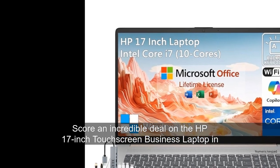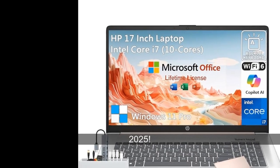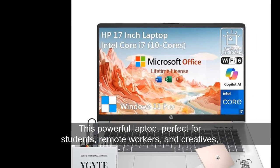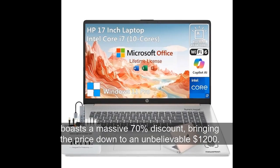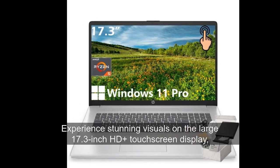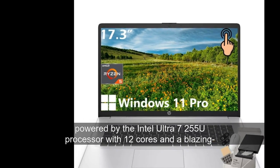Score an incredible deal on the HP 17-inch touchscreen business laptop in 2025. This powerful laptop, perfect for students, remote workers, and creatives, boasts a massive 70% discount, bringing the price down to an unbelievable $1,200. Experience stunning visuals on the large 17.3-inch HD Plus touchscreen display, powered by the Intel Ultra